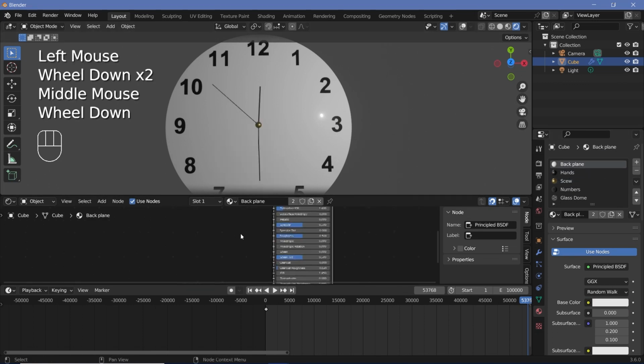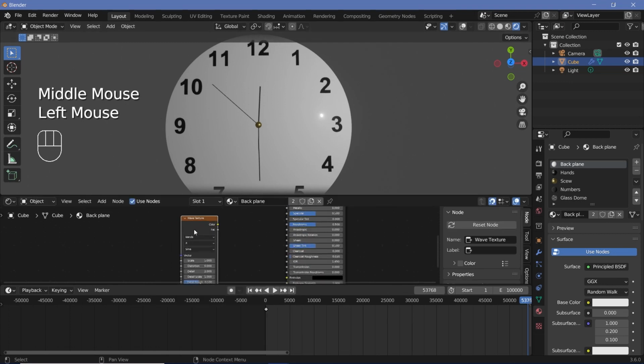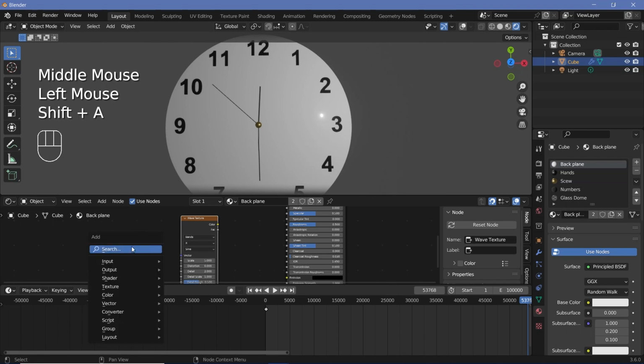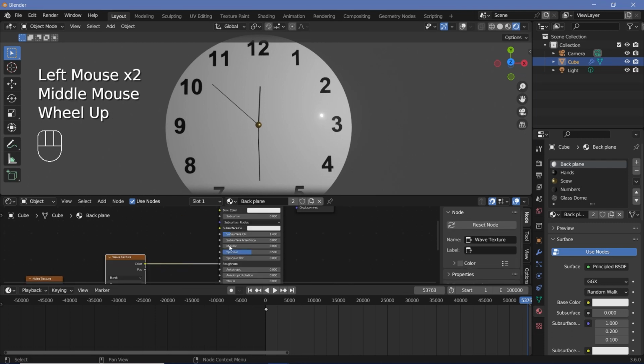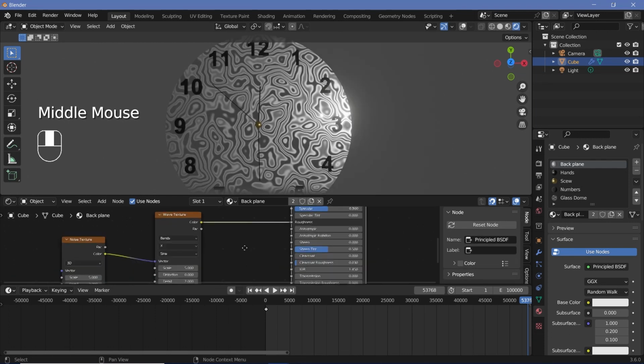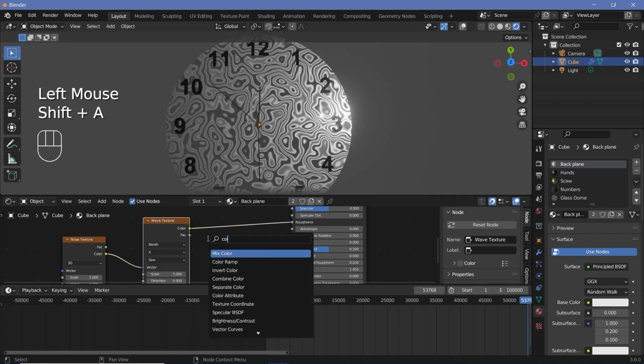Then for the back plane, I'll just add in some sort of abstract design. So I'll press Shift A, search for a wave texture, and I'll connect the wave texture's vector to a noise texture. So press Shift A, search for a noise texture, plug this color into the vector and this color into maybe the roughness. Then I'll change the metallic value all the way to something like 1. And then just for better control, I'll press Shift A, search for a color ramp, plug that in over here,